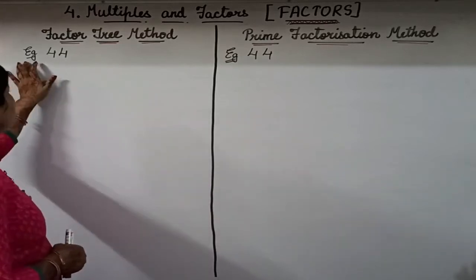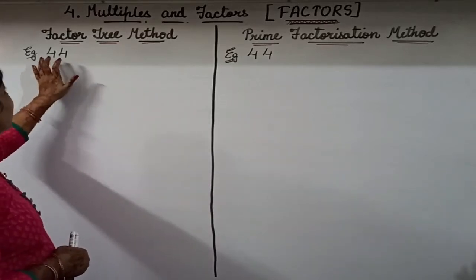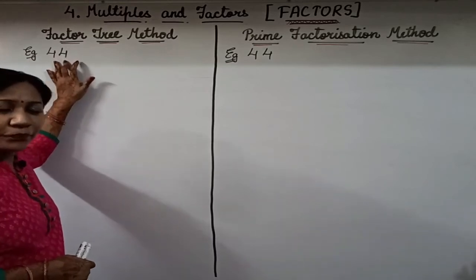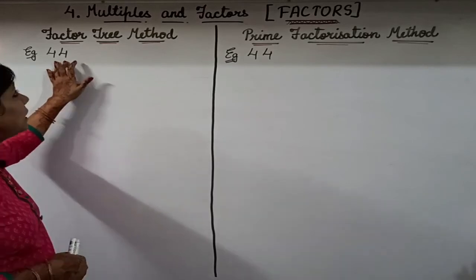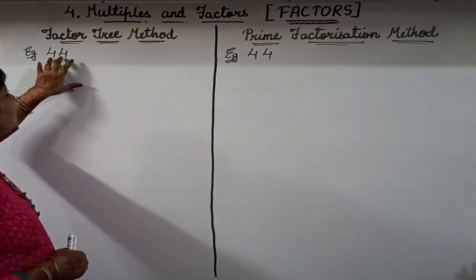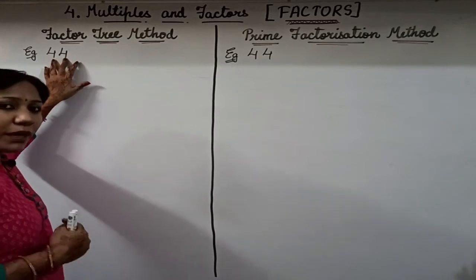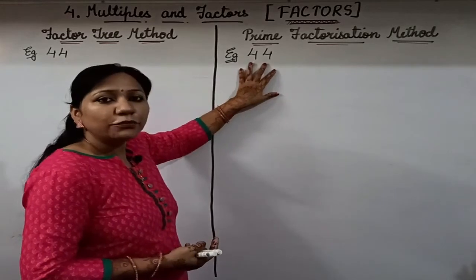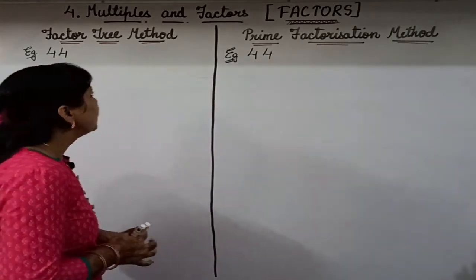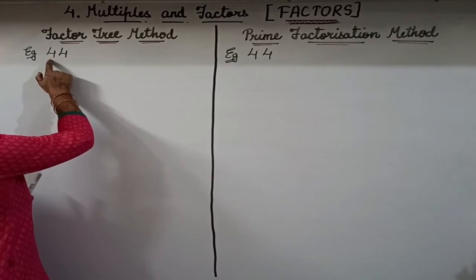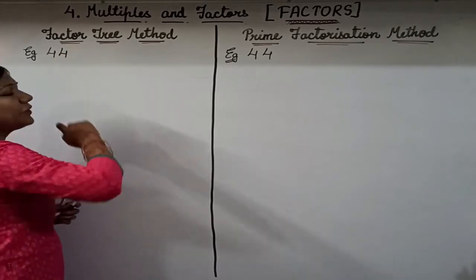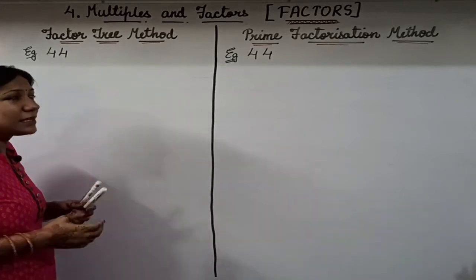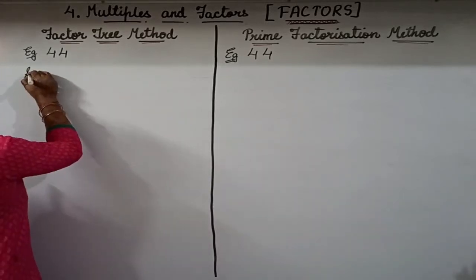As you can see here, I have taken a number 44, and if it is said to find the factors of this number, you have to find the factors of this number. Today I am going to tell you very first the factors of 44 by the factor tree method, and also the factors of 44 by the prime factorization method. Very first, let us start with the factor tree method. As the word itself shows, factor tree, that means you will get something like a tree in this. So for that your solution will begin like this.